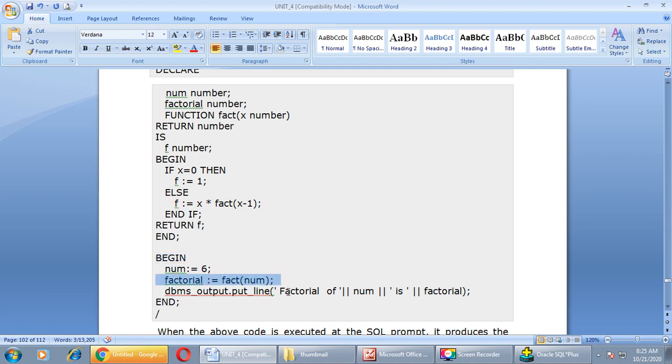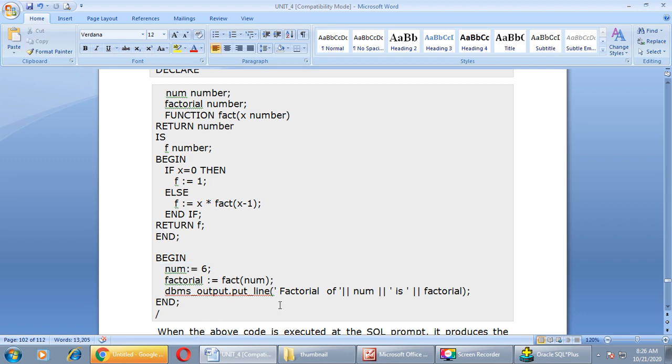Factorial equals fact, in brackets we pass the number. Here we pass num, as you know that 6 is stored in this variable, so we want to find the factorial of this number. So here I have passed num as a parameter in this function.